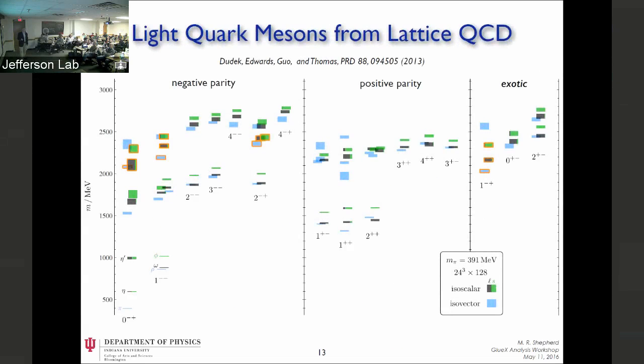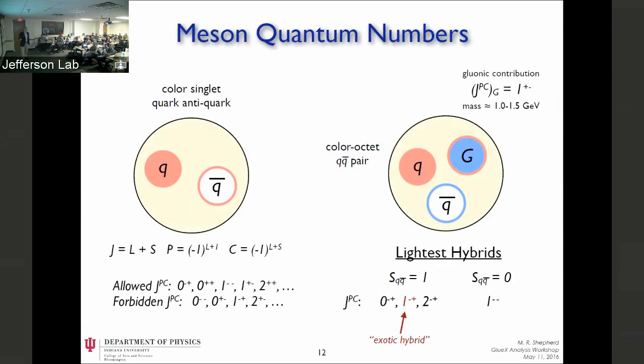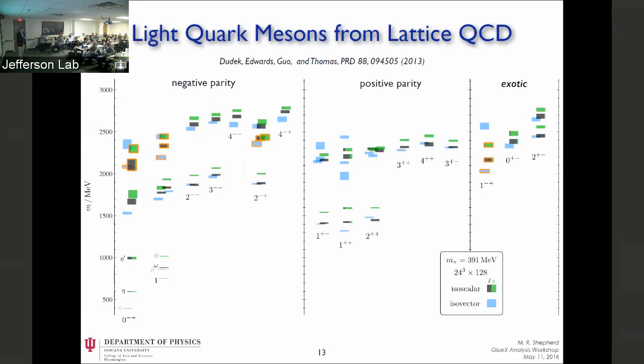Actually, I should just go forward a slide, reproducing this spectrum here. So this is the type of thing that we wanted. This is obviously all in calculation, right? This is all calculation of QCD, and this is a spectrum you see. And this is an understanding that you see. But it'd be nice to have this understanding about nature and not necessarily just about a calculation of QCD. And so that's really the point. Understanding the pattern is essential. So I think finding one particular hybrid is great, it's exciting, but the pattern is what we really need to understand what's going on, to claim that we understand what's going on.